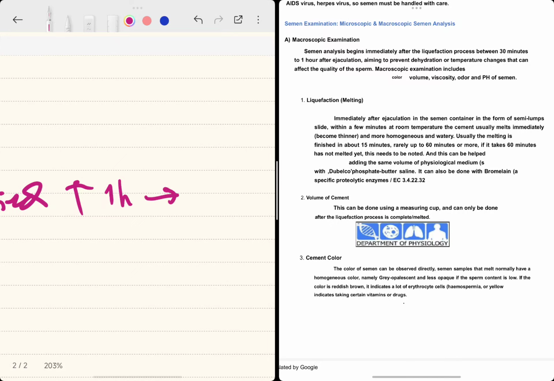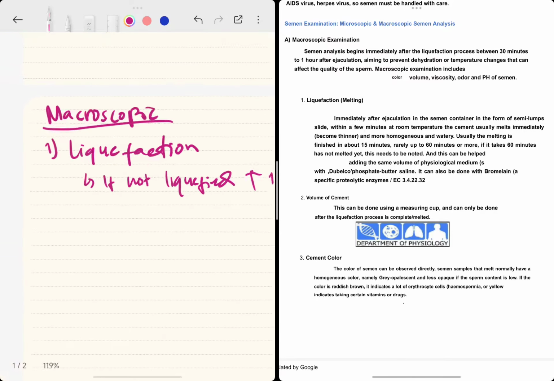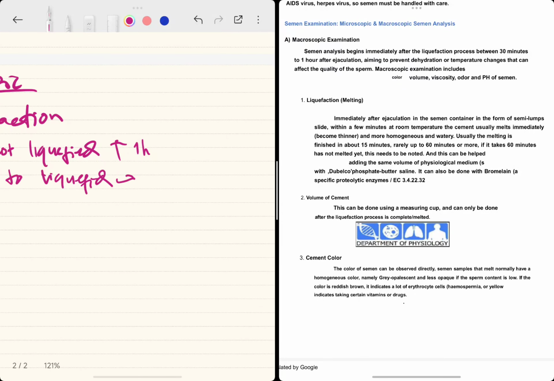you need to note this because it could have some kind of abnormalities. Oh yeah, failure to liquefy usually suggests prostate dysfunction. So failure to liquefy means prostate dysfunction,